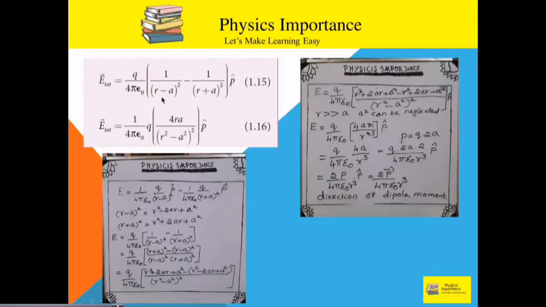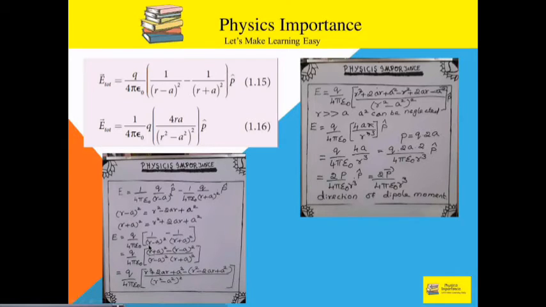So see here, the same formula we have written. Now how are we getting this 4ra, that we must know. For that we have to remember the formula we studied in 10th standard: (r minus a) the whole square is r square minus 2ar plus a square, and (r plus a) the whole square means r square plus 2ar plus a square. Minus means we have one minus sign, plus means one plus sign. Now in place of (r minus a) the whole square, you have to substitute this formula, and in place of (r plus a) the whole square, we substitute this formula in this equation.